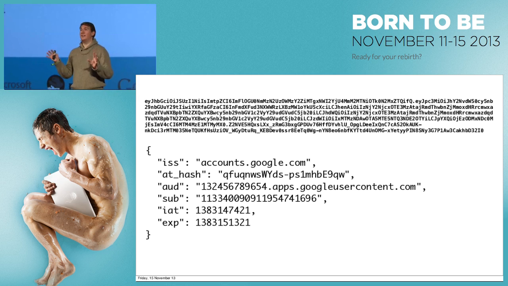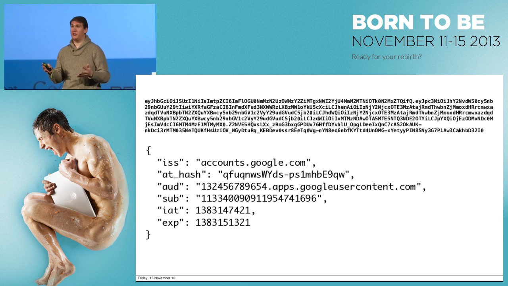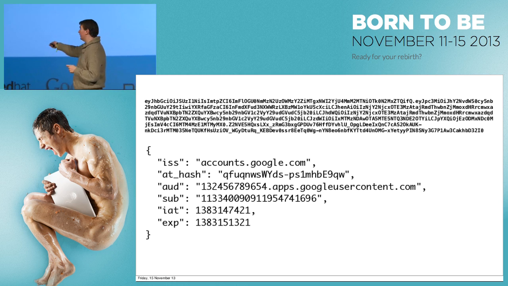What it actually is is base64 encoded JSON. It's friendly to put in URLs. It's relatively short, so you can pass it over easily. It is something that is secure, so you should only pass it over HTTPS. But this allows you to verify that the data inside it is accurate. And the data inside it tells you which application it was issued to, who the user is, and who issued it.